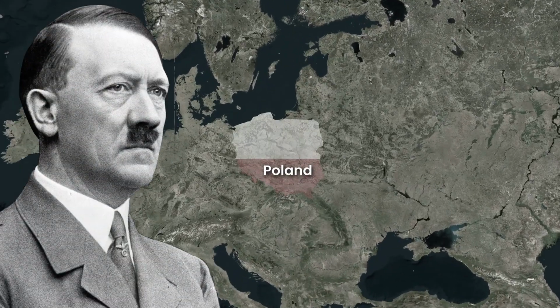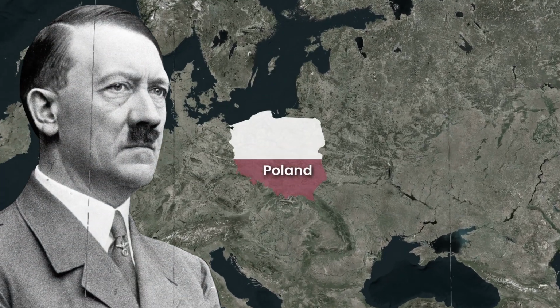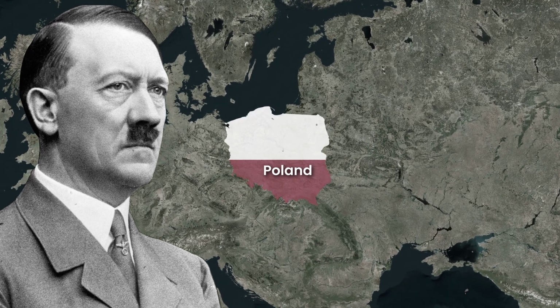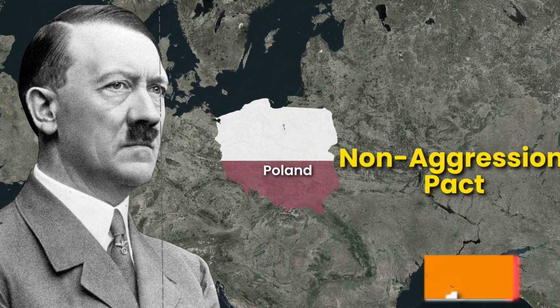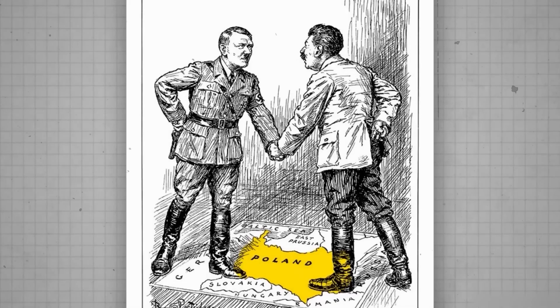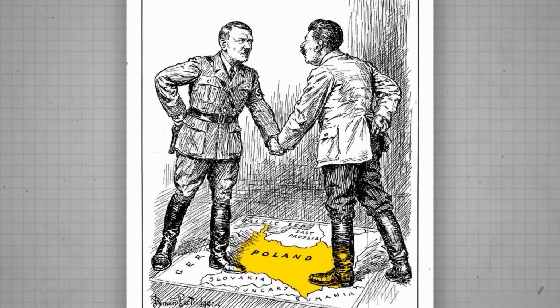Hitler looked for the next country, Poland, to take control of Poland. In a calculated move, Hitler signed a non-aggression pact with the Soviet Union in 1939. At first glance, this seems strange. Hitler hated the Soviet Union and communist ideology, so why would he do this? The only reason was to invade Poland. The Soviet Union wanted a part of Poland too. In this situation, the interests of the two nations were aligned.